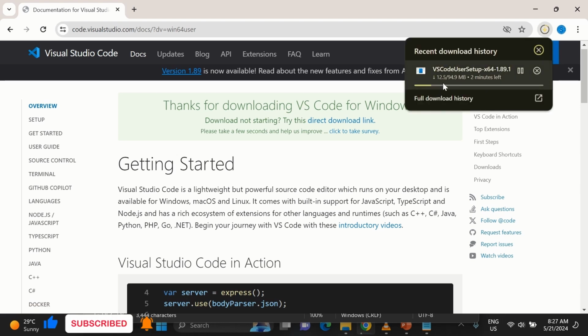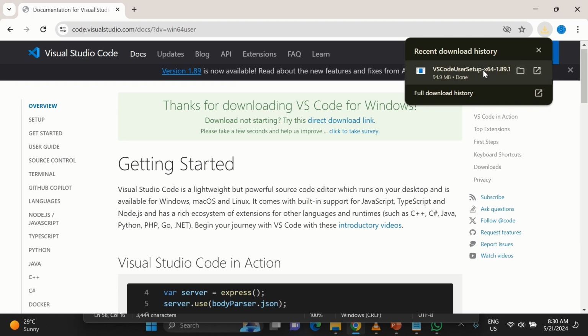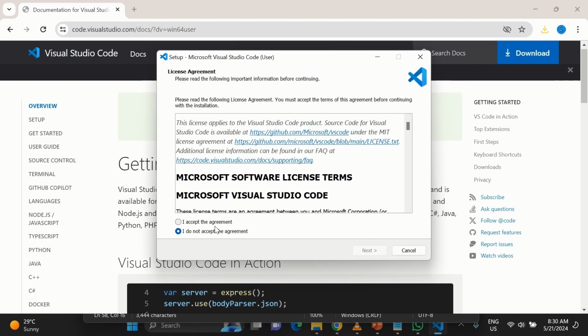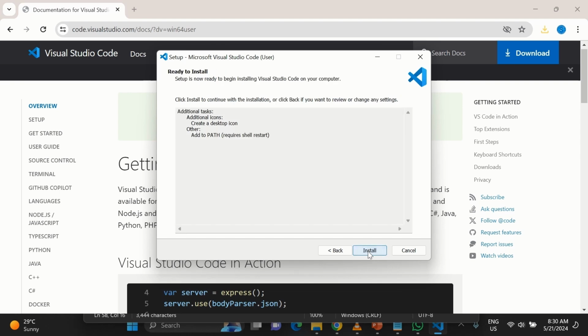Once the download is done, as you can see, go to the place you downloaded it, or go to the folder you downloaded it to. In this case, just click on the link there. It opens for installation. Accept the agreement and click on next. Make sure that Add to PATH is selected, leave it selected. You could select the other options, but in my case, I'll select the option to add the icon to the desktop. Then click on